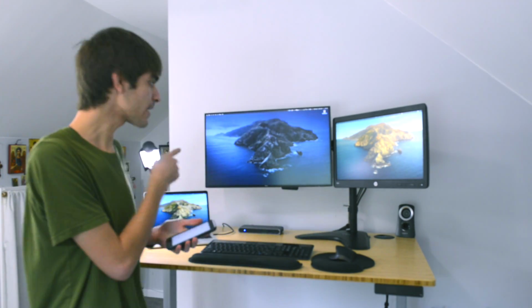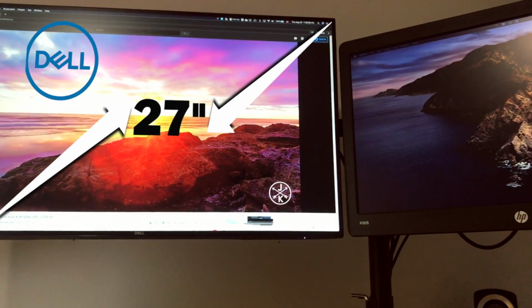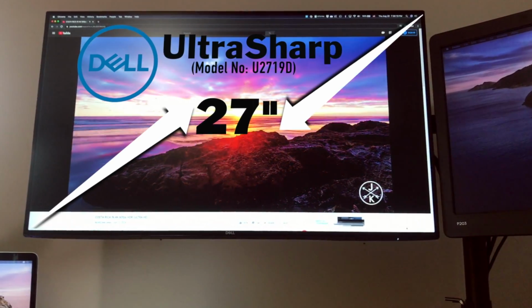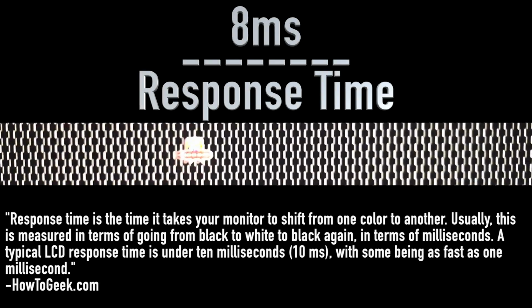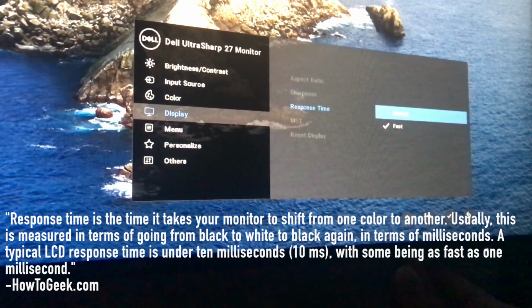Alright, so now that the monitor is all set up and ready to go, let's talk some specs. This is a 27-inch Dell UltraSharp monitor, model number U2719D. It has a resolution of 2560 by 1440 at 60 Hz. The fast response time of 8 milliseconds is set by default, or you can decrease it down to 5 milliseconds